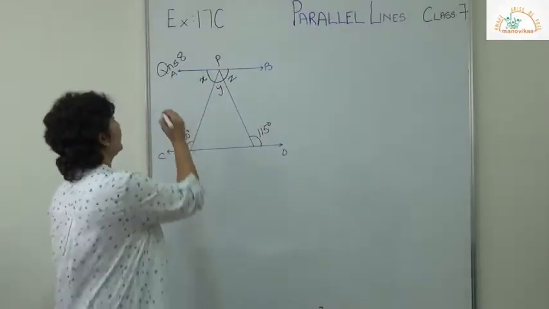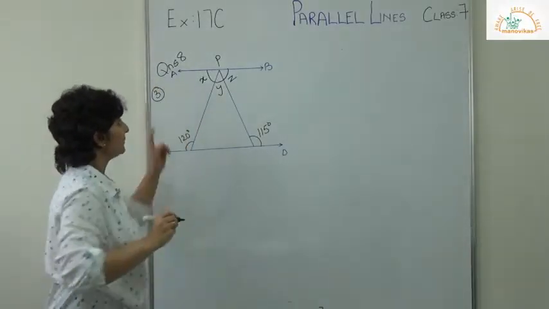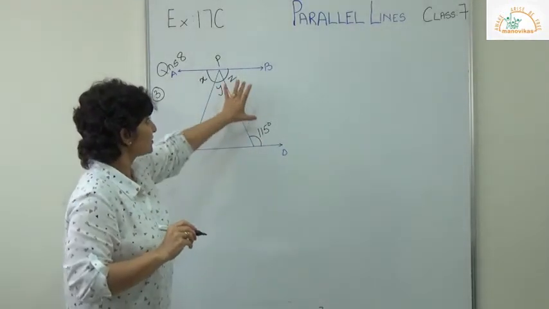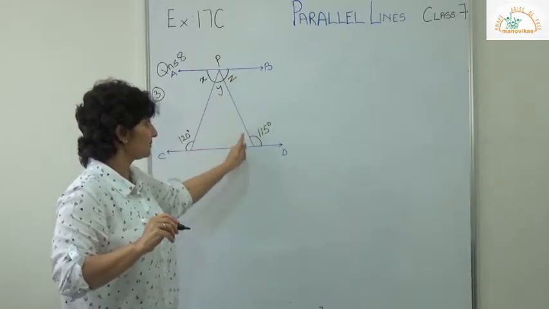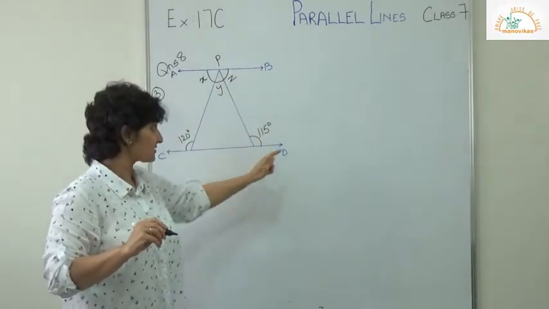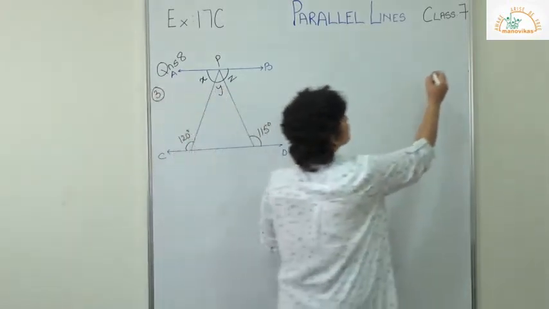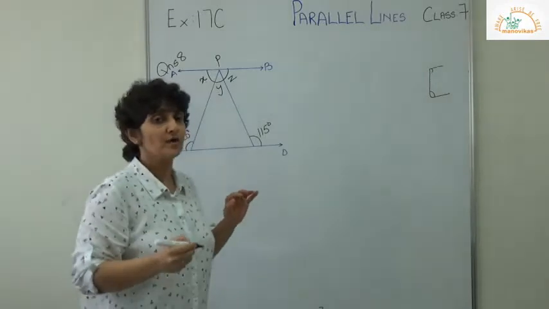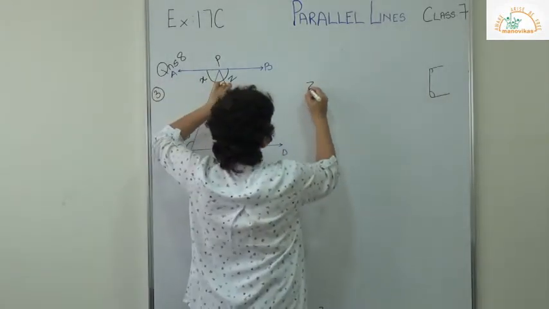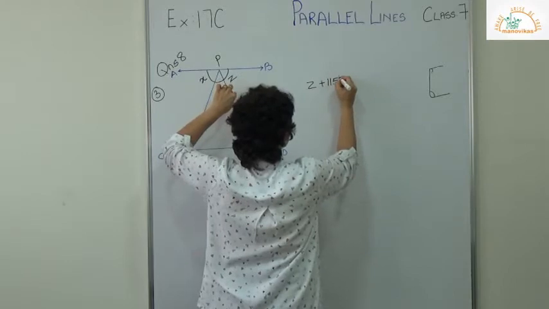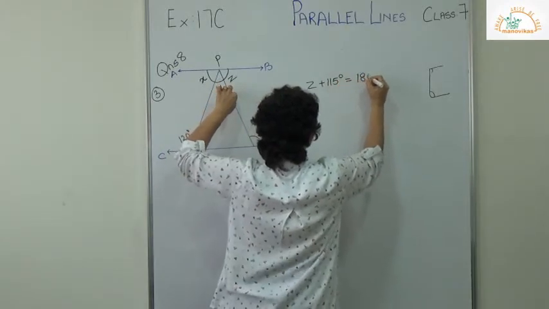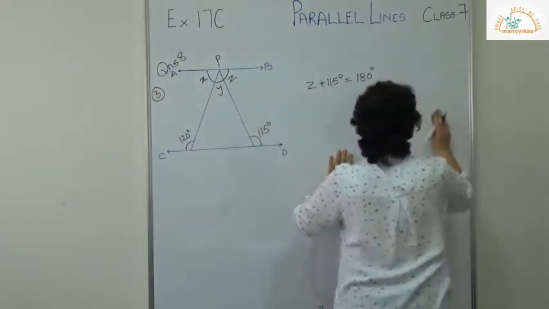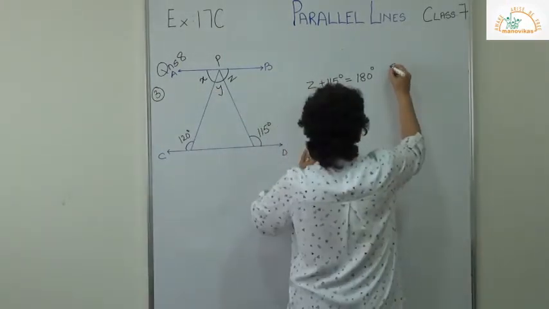Alright, now question 8, children. Third sum. Now when you see this figure, by now I'm sure you have understood how to work out. Just look at these, children. What does this become? See, this is again that box shape that I tell you always. See here, like this. Isn't it? Can you tell me what it is? They are co-interior angles. So you know Z plus 115, that is 115 degrees, is equal to 180 degrees. And what is your reason going to be? The reason is going to be co-interior angles. Correct?